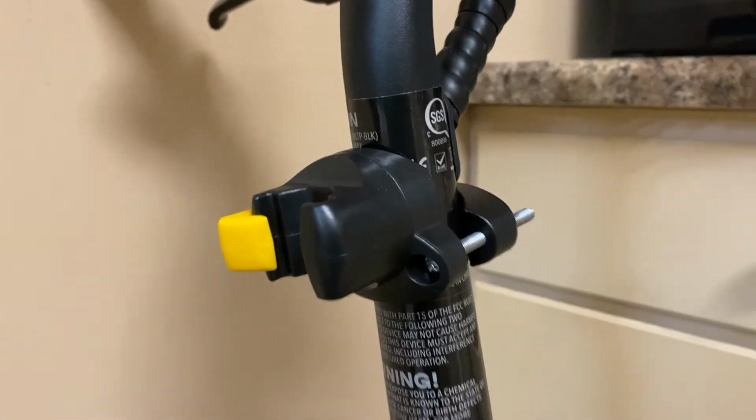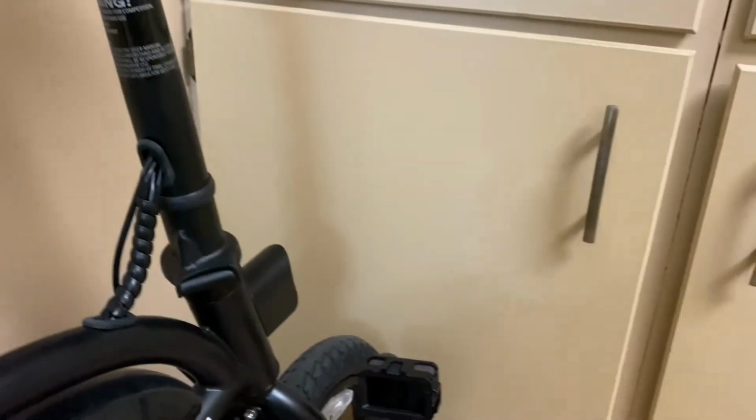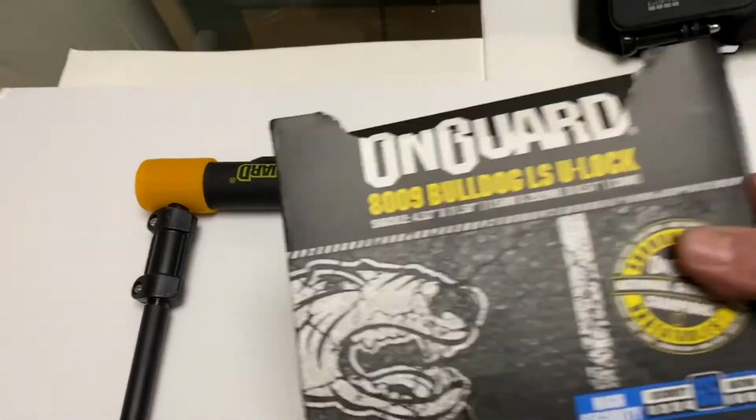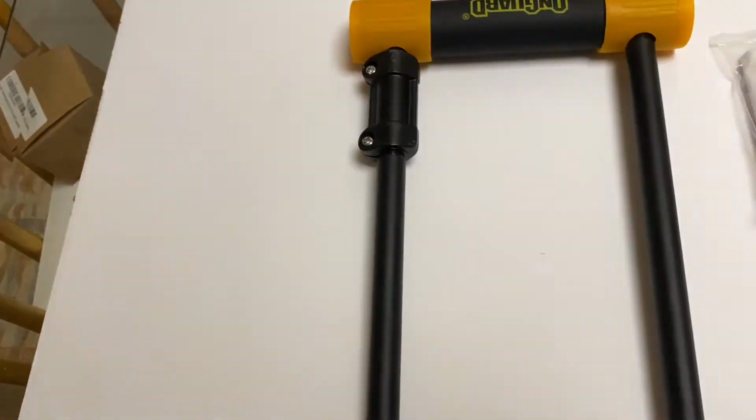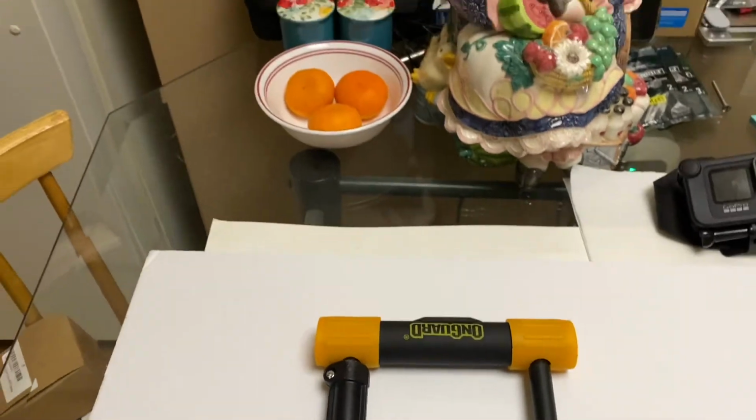There's the bracket right there. And you can mount it on any kind of bike, but I have to use some bike for a description, so I used the Jetson for this. Anyway, here's what you get in the package. You get this little part here that was sitting right there. You get the bag of stuff, and let me tell you,